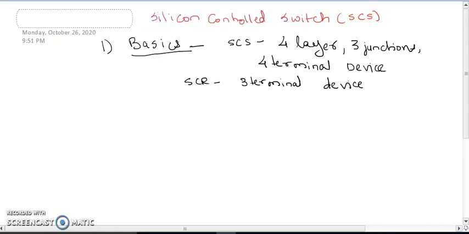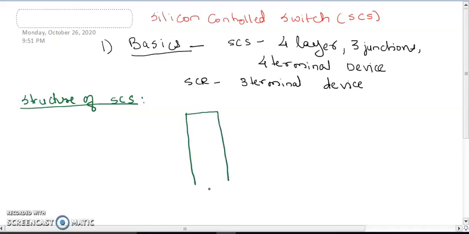Okay. Now the structure of SCS. When I'm saying there are 4 layers, I will show you all these 4 layers. PNPN. To the P layer, the terminal which is connected is anode 1.